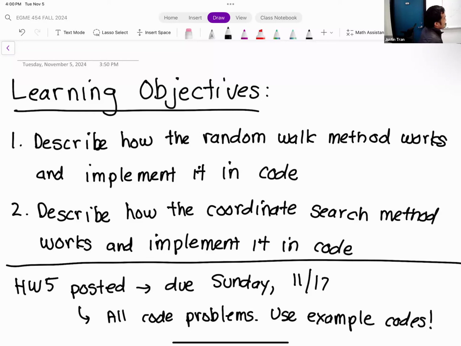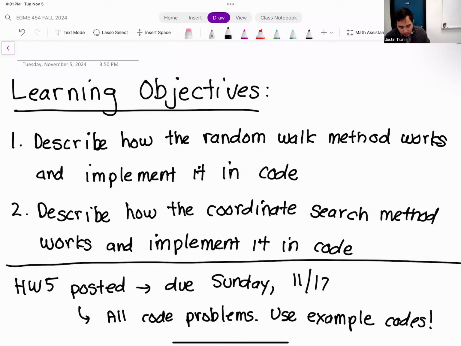Okay, all right, so the plan for today is we're just going to continue on with our lecture notes. Last Thursday, we started talking about multi-dimensional methods for nonlinear programming. We went over our first algorithm, which is Monte Carlo. That is a really nice method to go over, a good one to start with, I should say. It's the first one everyone learns. It seems really silly and dumb, but it actually works. Today we're going to build on that, and we're going to be talking about our next two methods. The first one is called random walk, and the second one is called coordinate search. Okay.